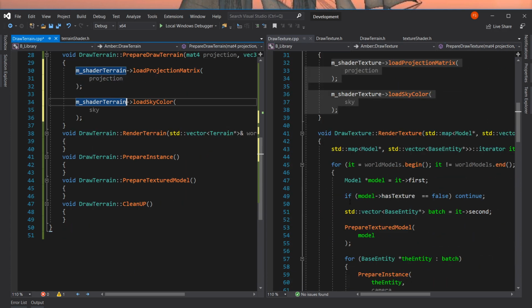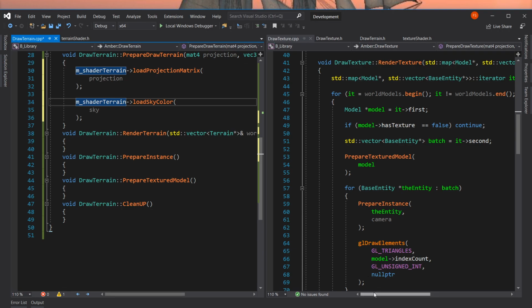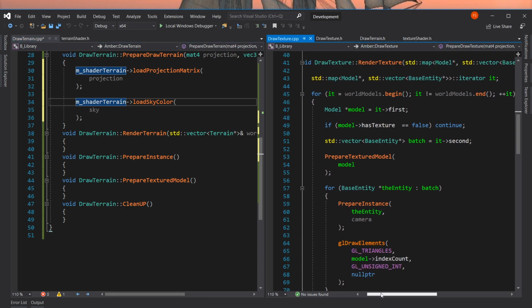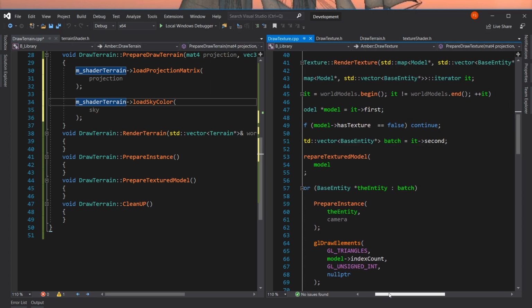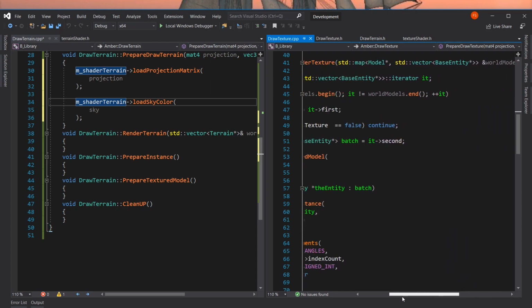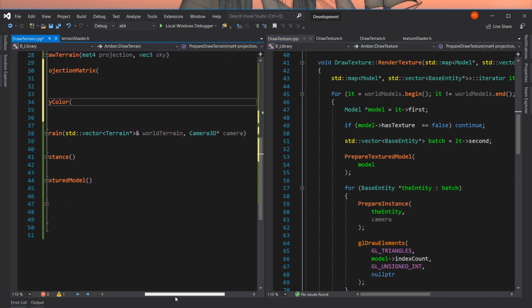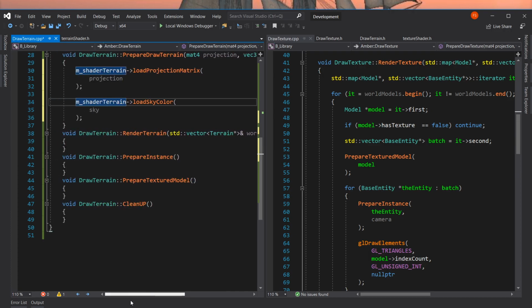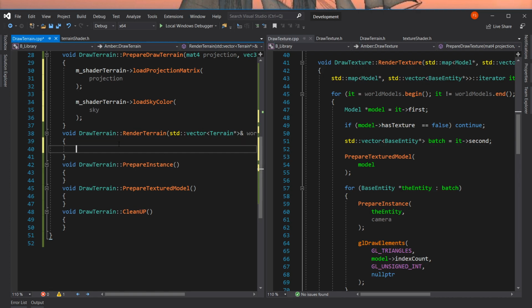What's next? Rendering the terrain. Okay, fun time. I am going to go through this line by line. World model and camera. Well, we're going to have terrain or world terrain and camera. This could be fun. What are we doing now? Yeah, that's an iterator. That's fine. Don't need that. So what we are here to do is each of the terrains in the vector. Okay, we can do that. So for